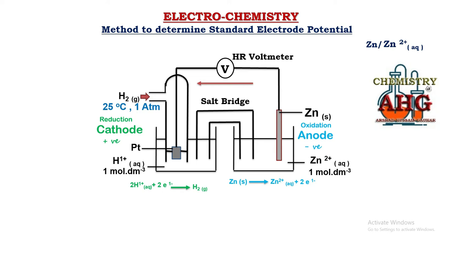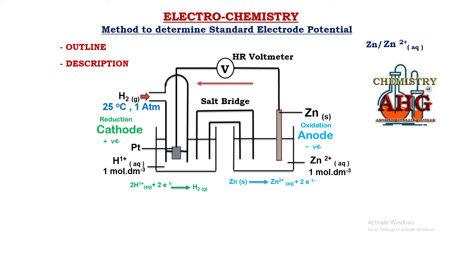Now this diagram is the answer if ever someone asks what is an outline. Outline means you will have to present this labelled diagram for the method to determine standard electrode potential. But sometimes, besides this outline, we are also interested in the description of the process. What is the description? Description is simply that you have to write down the steps that are involved in the construction of this whole setup.